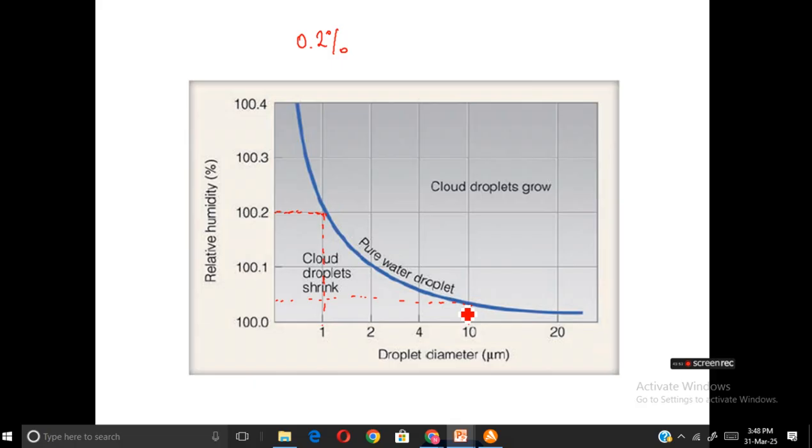So as the droplet is becoming larger, the effect of curvature is decreasing. For a droplet whose diameter is greater than 20 micrometers, the curvature effect is so small that the droplet behaves as if the surface is very flat. Just as relative humidity is less than that required for equilibrium,